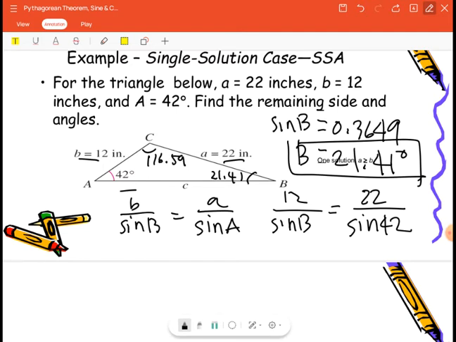Okay? And then gawin nyo na ulit yung sine law, no? Okay, and then makukuha nyo yung value ng side C, that is equals to 29.40. Okay? And then